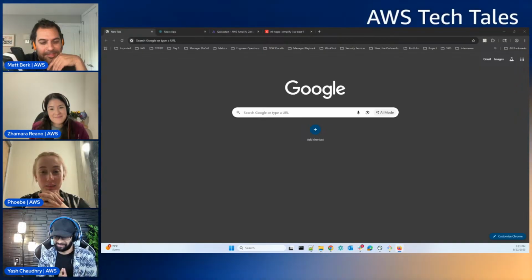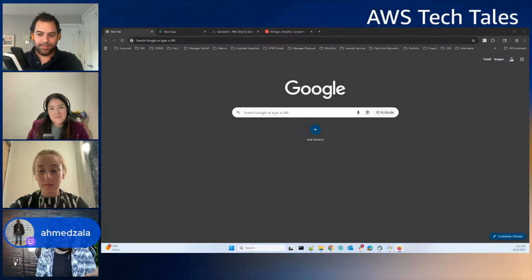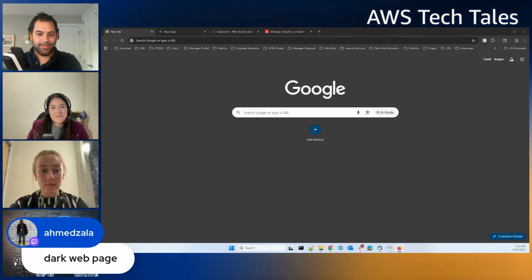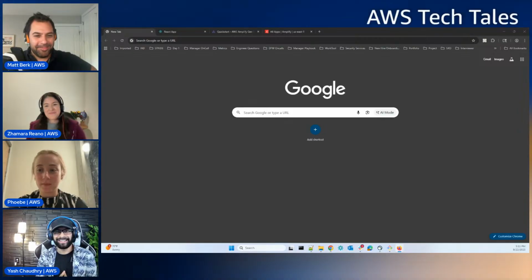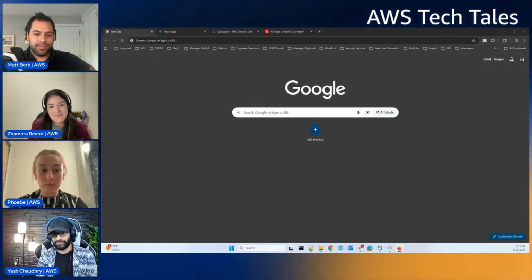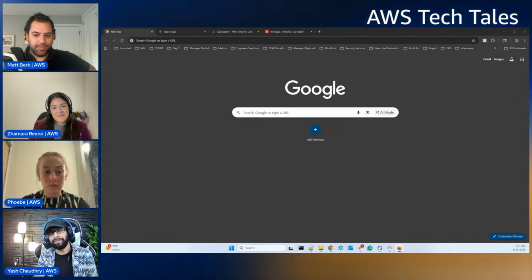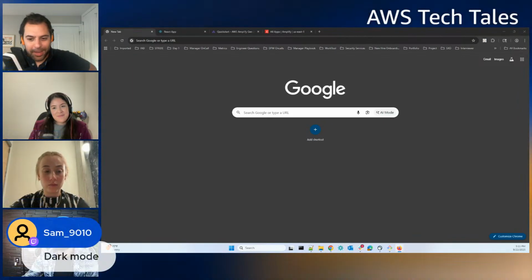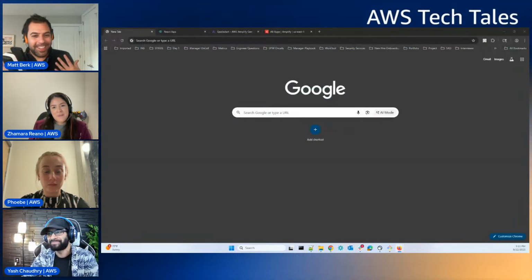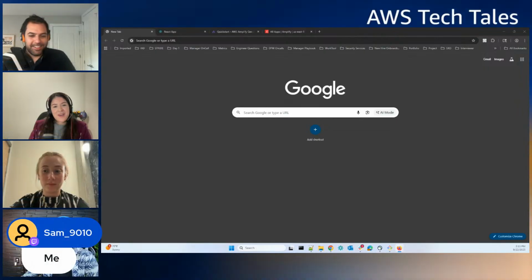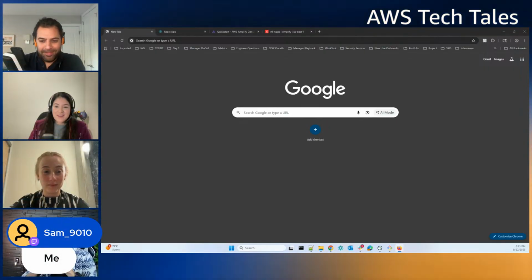Right now, you see this dark themed Chrome browser, and we have a dark web page too. Exactly, right? Do you use the dark theme in your browser, maybe in your phone, or maybe in your GPS application like Waze, Google, or Apple Maps? Sam says yeah, that's dark mode. I use it all the time. I don't use it by default. I use it at night. Sam says me too.